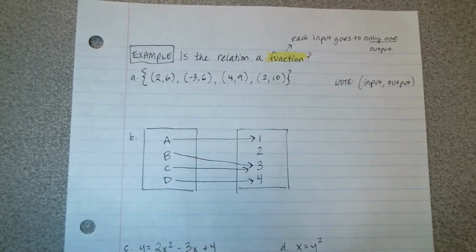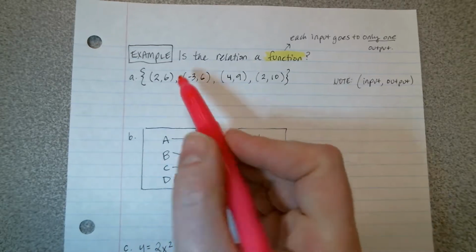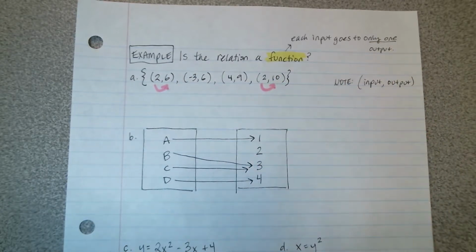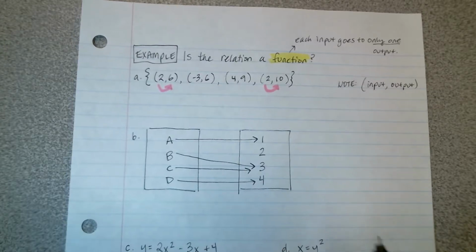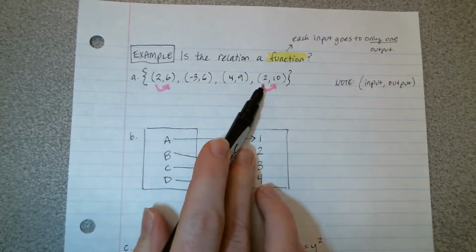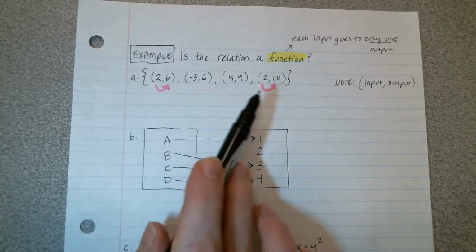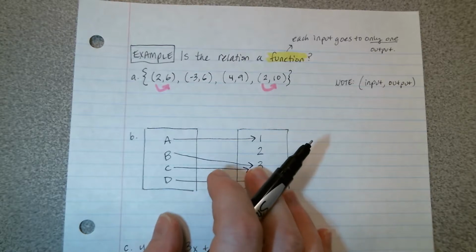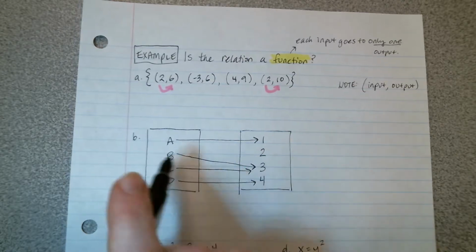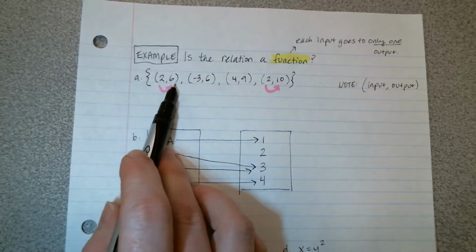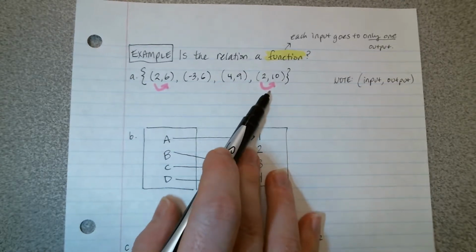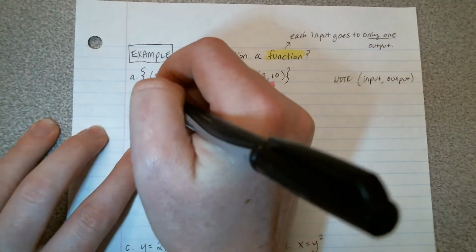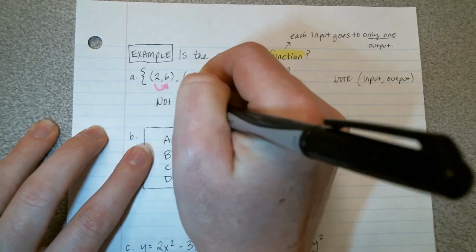So in this first example, we actually have a problem with the first ordered pair and the second, because these two ordered pairs tell me that when I input 2 into this relation, I will either get out 6 or 10. And that's a problem when it comes to a function, because when I'm using a function, I really want my input to only give me one output. And in this case, the input of 2 has 2 outputs, 6 and 10. So for part A, this is not a function,